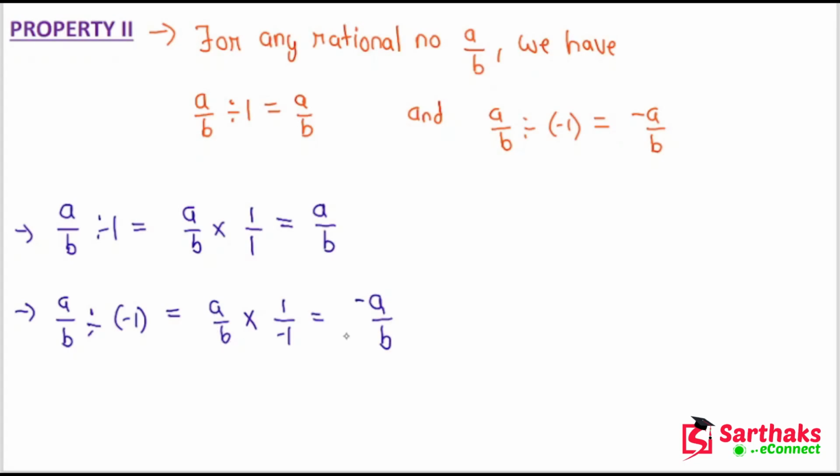So this was property number 2, right? Multiplying by 1 or dividing by 1 does not change the number, but if you divide by -1, the number will become the negative of itself. Clear? Let us come to the third property, which says that